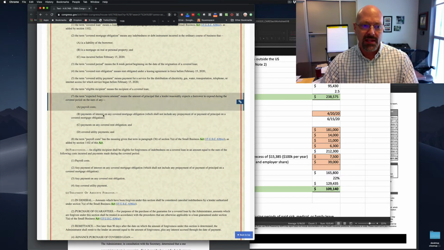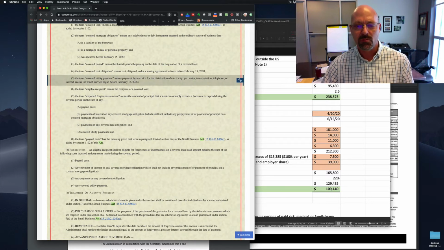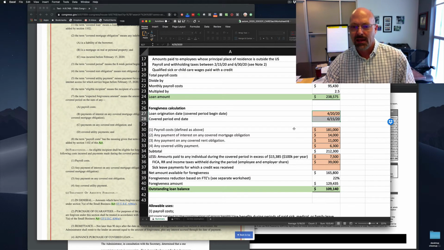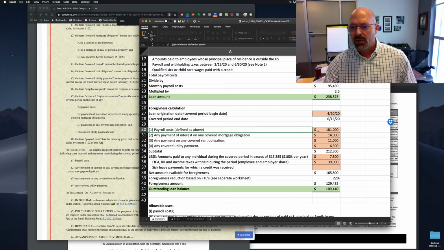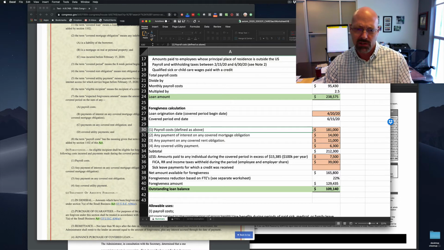But this is a different covered period. So it's the amounts that are withheld during the 8 weeks following the loan origination. So what does that mean in practical purposes? Well, it means that when you start calculating how much you've paid in payroll costs, and we may re-engineer this just to make it simpler, but payroll costs and then mortgage obligations, all that stuff. And then we've kind of explicitly adjusted out of payroll costs